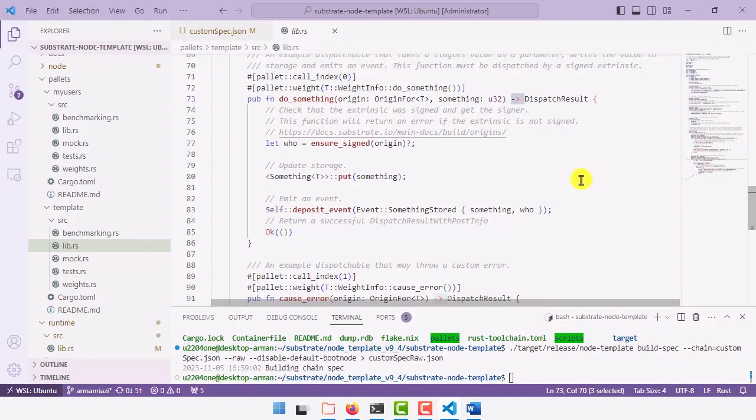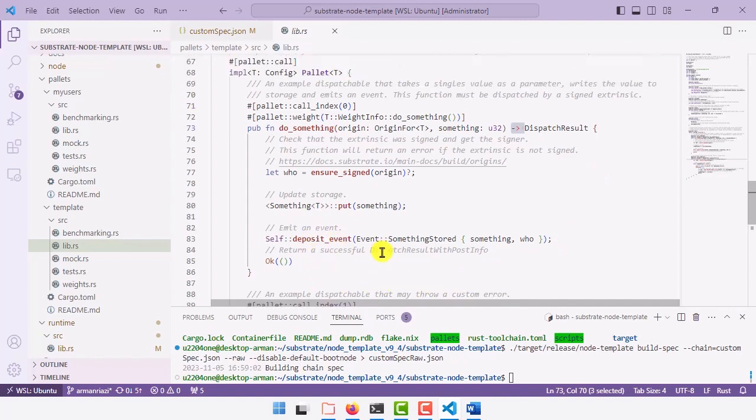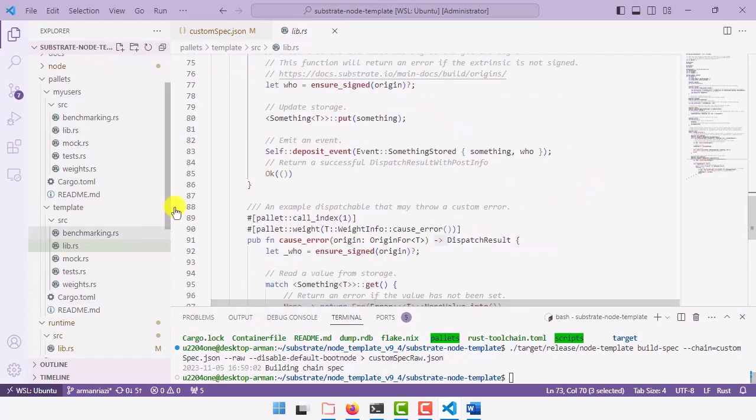When we want to write our palette, we must know how to use different functions of event and frame systems, and clearly you need mind mapping or to put hours into your Substrate documentation, and after that you will know how to use events in a section of palettes, and at the end you will find it in the runtime